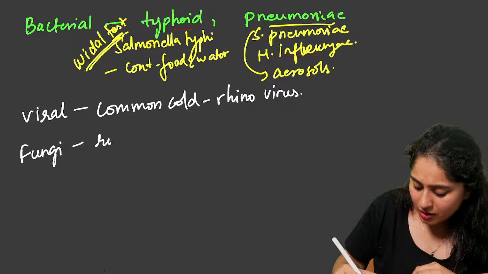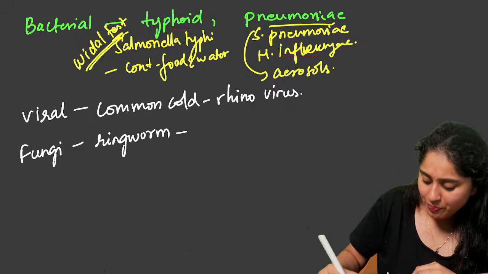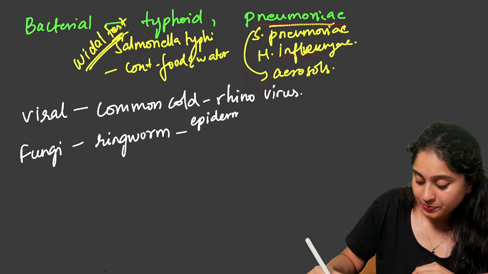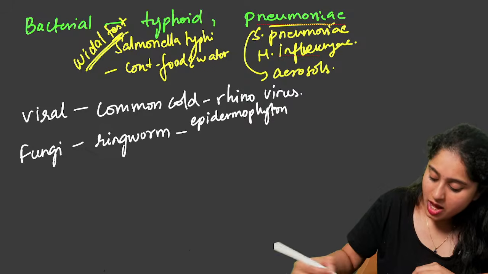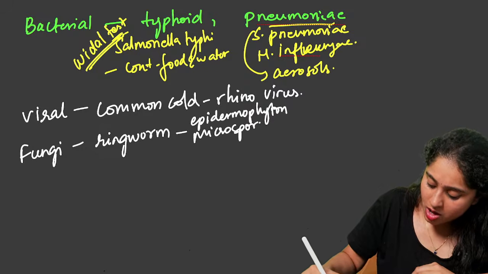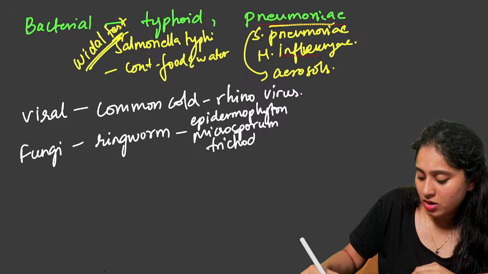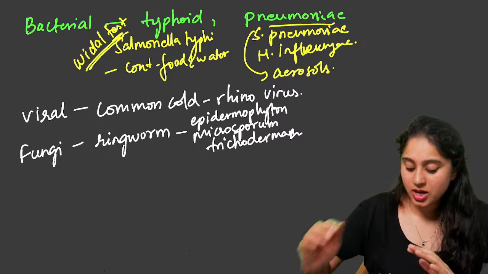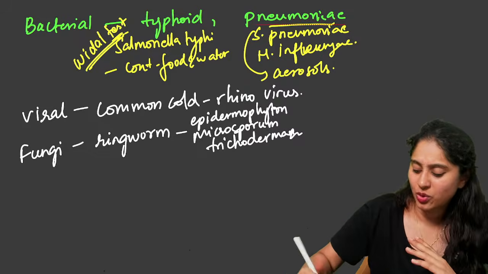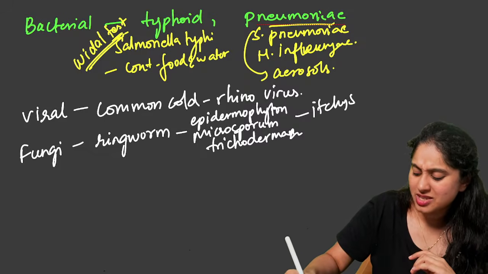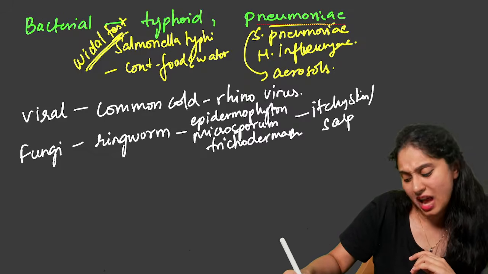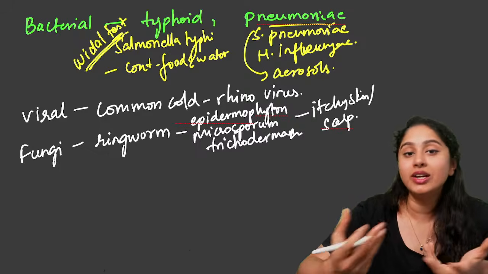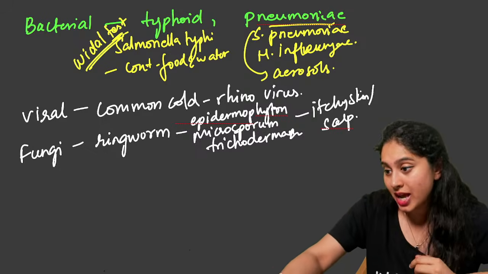Okay, now after that, coming to the fungal diseases. So among fungi, the main disease you need to know is ringworm. Okay, so ringworm is a disease that's caused by Epidermophyton, Microsporum, or Trichophyton. So these different species will cause the fungal infection called ringworm, where you will have itchy skin, scalp, nails. It can happen anywhere, and it can spread through using combs or clothes or even towels between the patients. Okay, so it can spread easily.